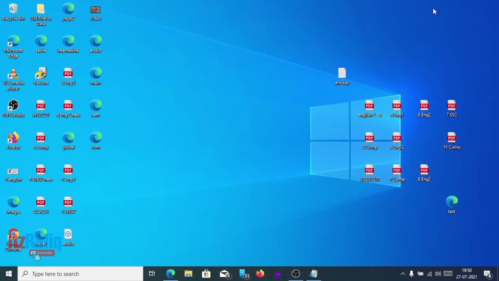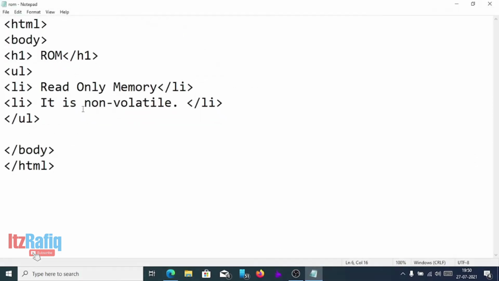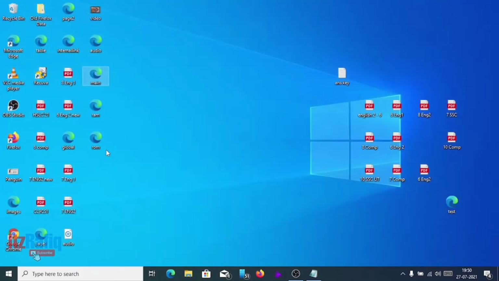So let's open the main page. This one: difference between RAM and ROM, and inside that RAM and ROM. But here you can see a gray color border around the frames, or around the different documents. To remove this border, we can write one more attribute in the iframe tag, that is seamless.